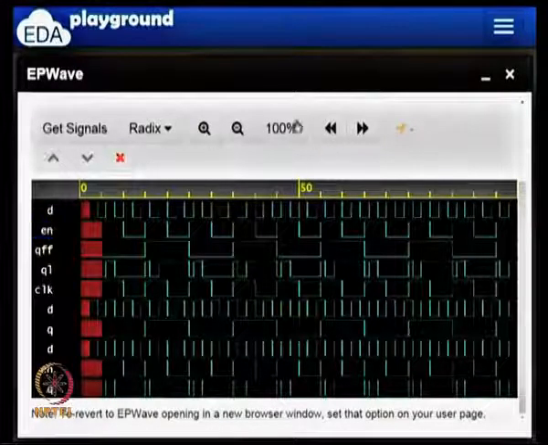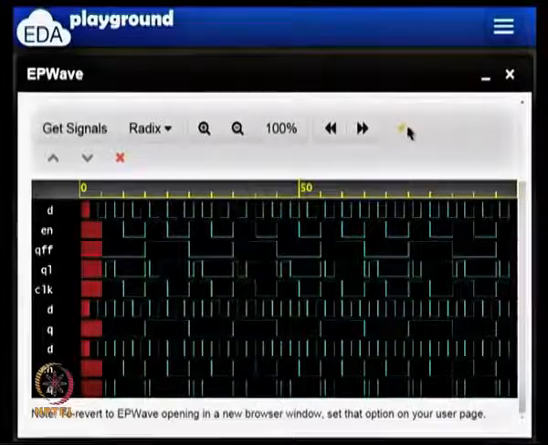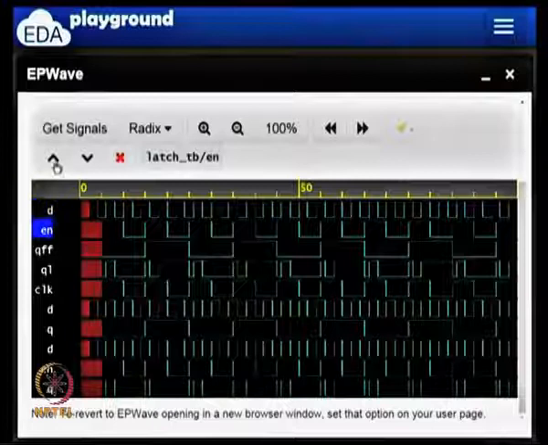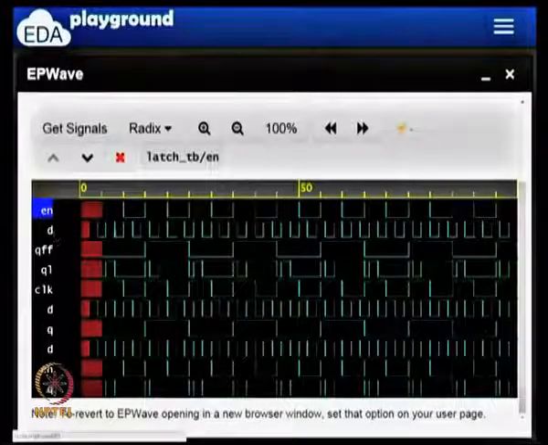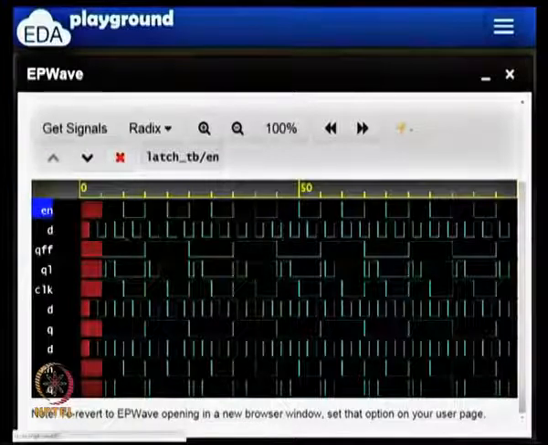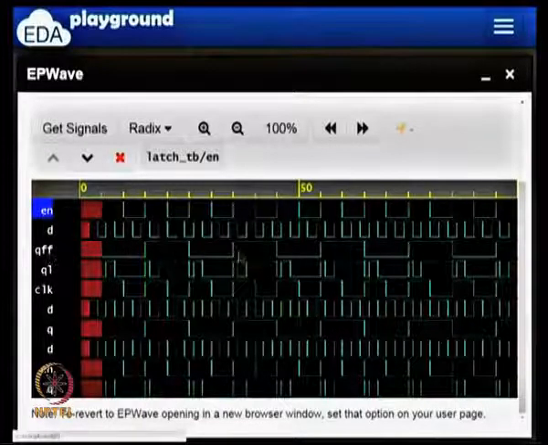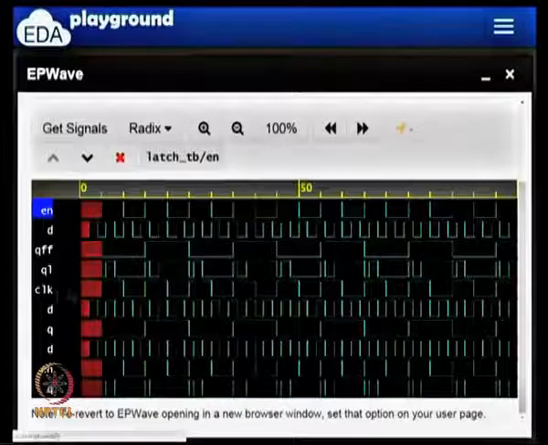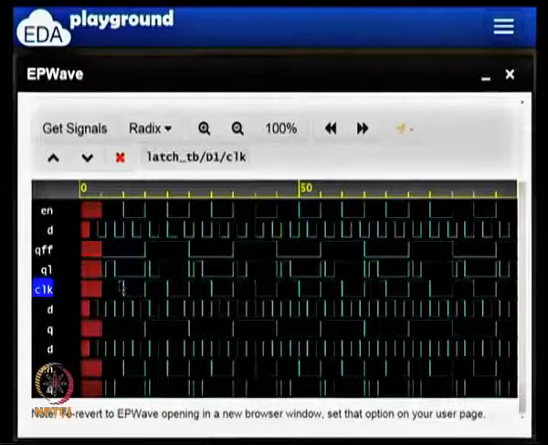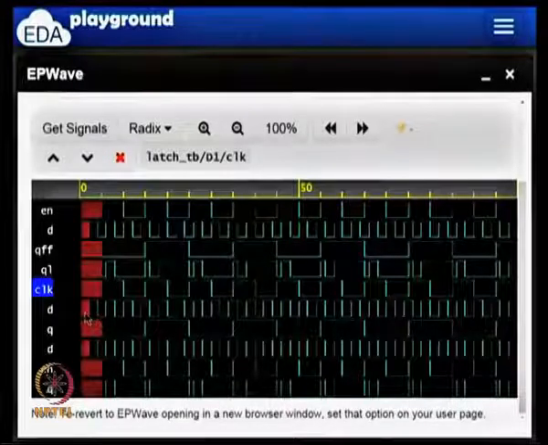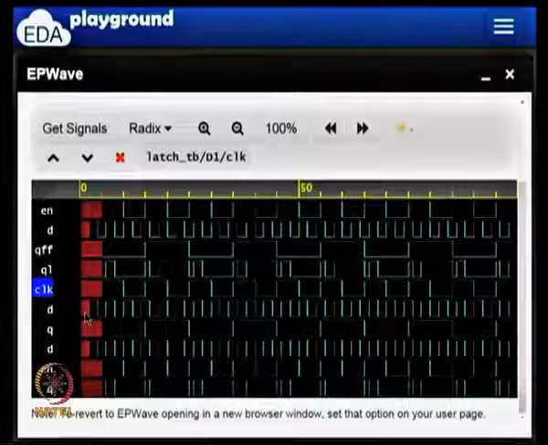Let me move this one up. This En is my clock signal, D is my data input, QFF is my flip flop's output and QL is my latch's output. Forget all the lines below that, since it is showing everything inside the design also. If you have instantiated something, it also shows all the signals as seen from inside the instance.